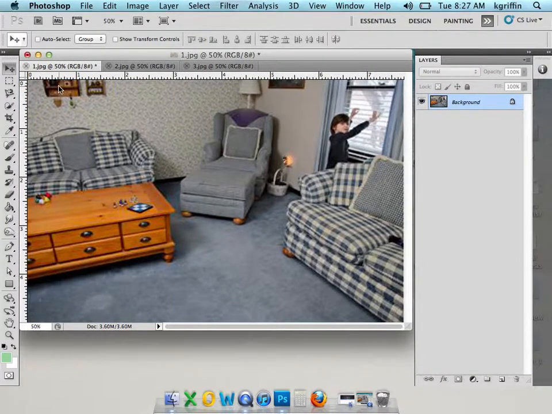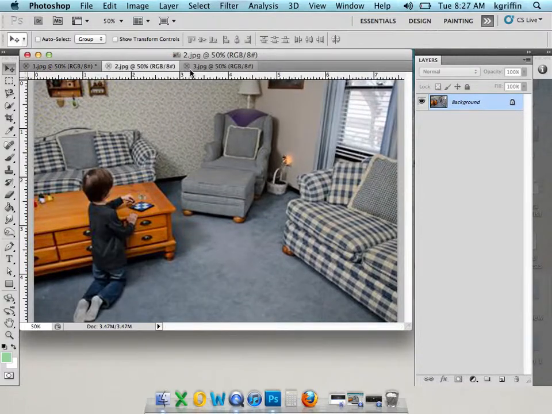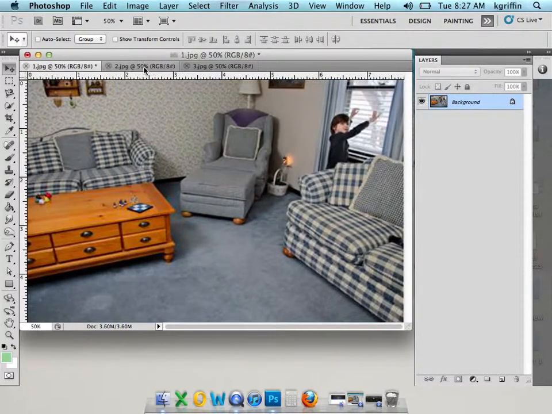All right. A second way to do the multiplicity project, this works really well if you accidentally move your camera at all or if the lighting changes a lot in between pictures, but it is a little bit more time consuming, and unless you do a really great job, it's a little bit less convincing. So what I've got here is the same three pictures I had before, and I'm going to leave this one